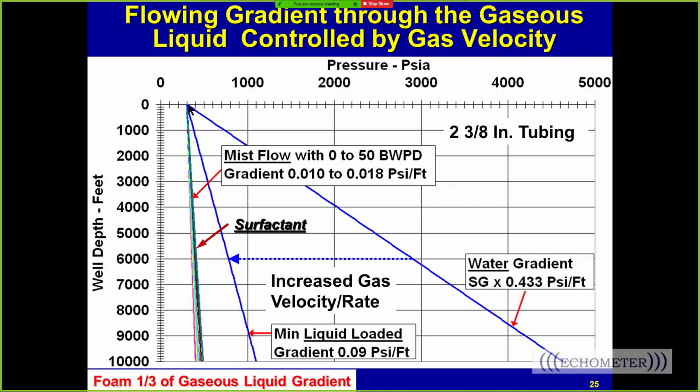And if you have no surfactant, the gradient is going to be around 0.08 to 0.09 psi per foot, and it's going to add more pressure than if it was flowing above critical rate. So if you can make the well flow above critical rate, then you're going to have much lower pressure and much higher production rate. And that's why you don't want it to be liquid loaded, because there's this extra pressure